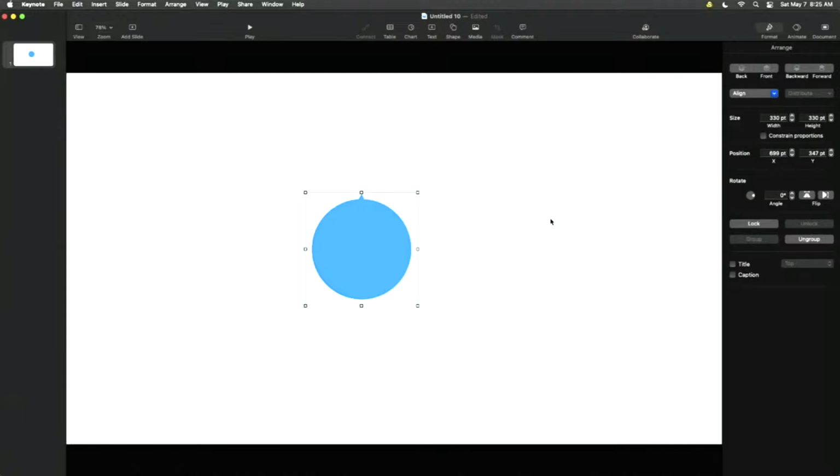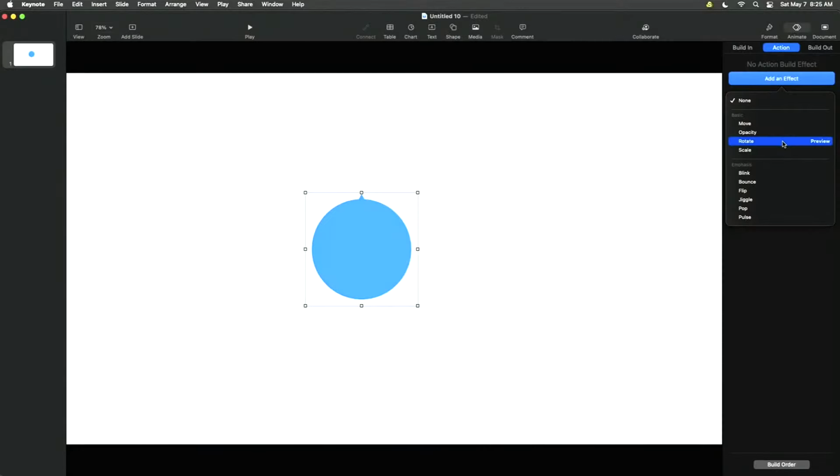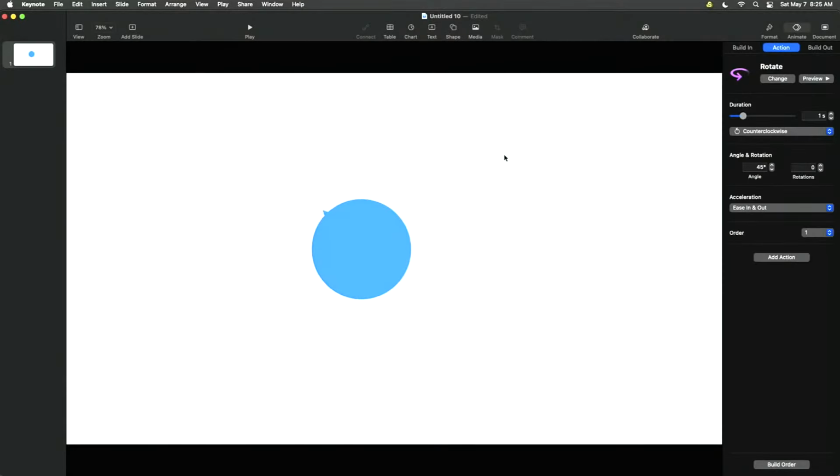Now if you want to animate it, you click on Animate here. There's a bunch of different things you could do here, but you could have an action. Click on Action, and then go to Rotate. So it kind of does something for you so that you can figure out what you want to do there. If we preview it, it's now going to animate in that direction, but you could have it be